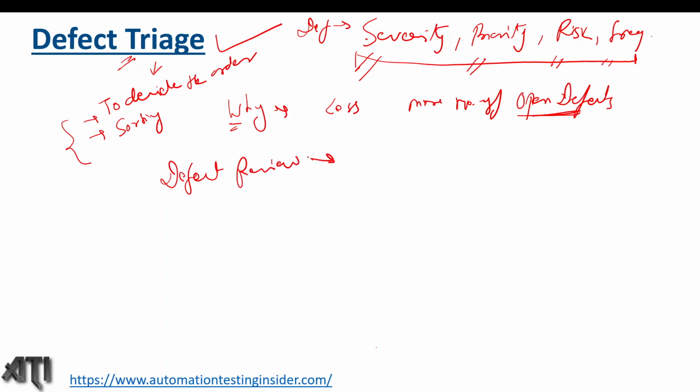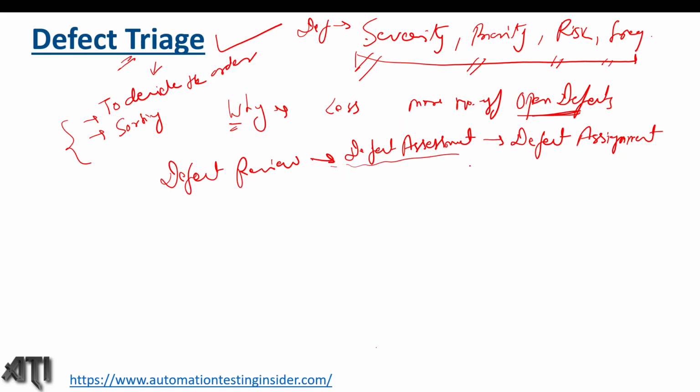and the second thing is defect assessment, and at last defect assignment. So what do you mean by defect review? First of all, we review all those open defects, and then assess the defects based on